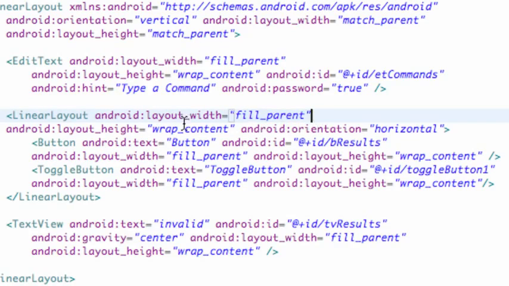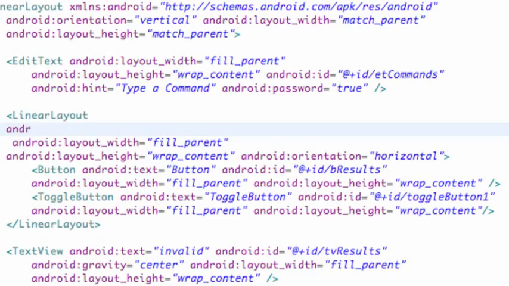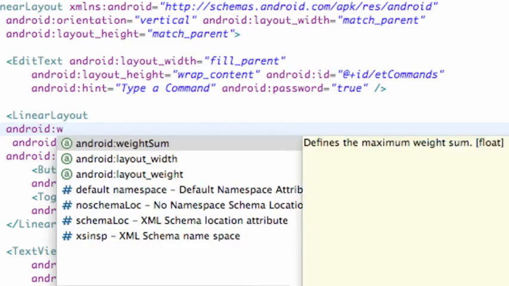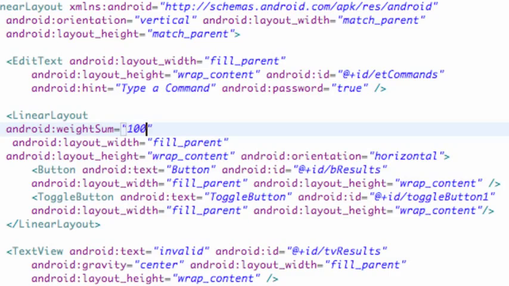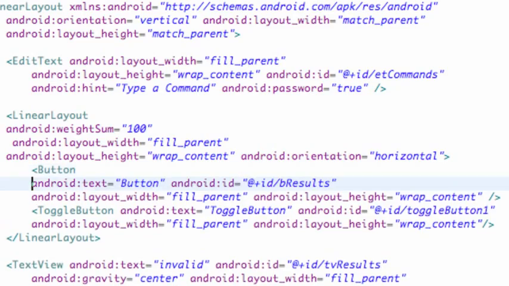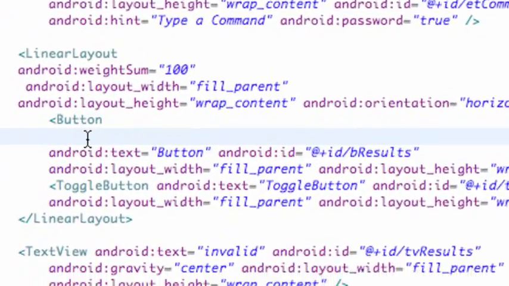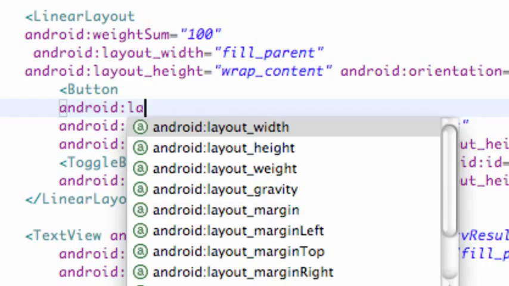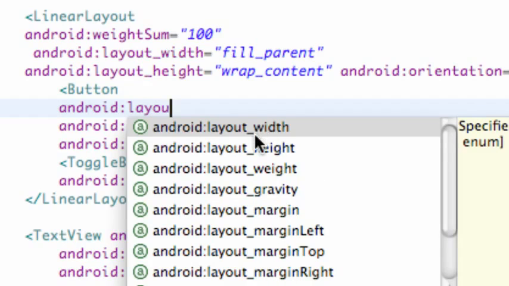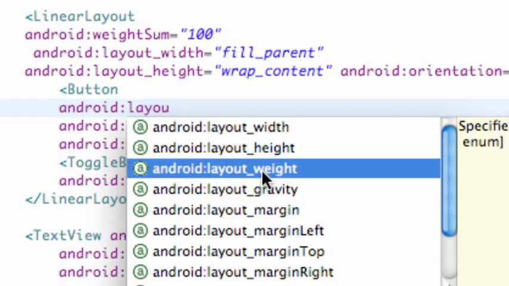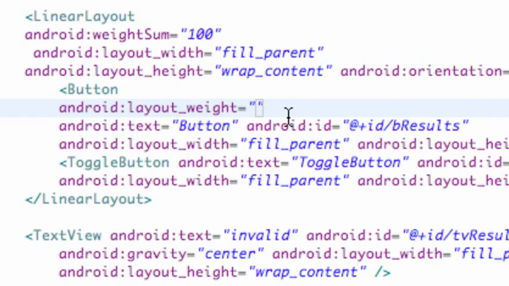So how we're going to set that up is we're going to go into this linear layout where we define some stuff, and we're going to set up the total value. So we're going to say Android weight sum is the command, and we're going to set it to something like 100 because 100 is pretty easy to work with. Then you can give them percentages. Now we're going to go into our first item, our button here, and give it a weight value. So we're going to say Android, and it's actually a layout weight value. That's why we had our layout width fill the parent, because that's what the percentage is going to go to, the layout. So we're going to say layout underscore weight, and we're going to set this equal to 50